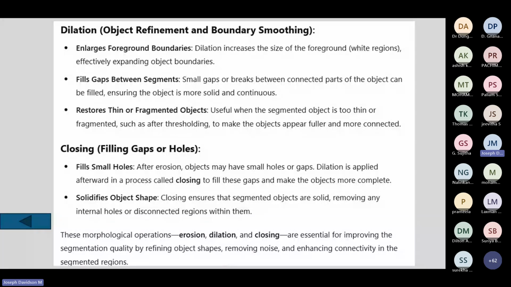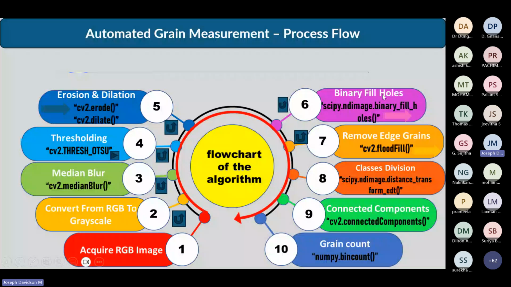It is also useful when a segmented object is too thin or fragmented. If there is a small fragment in the grain and you know that it is part of the object, but the system cannot understand that, the dilation algorithm helps make it part of your system. It takes it in. So it also restores thin or fragmented objects. You are filling the holes and enlarging the image. We call that erosion and dilation. And then you fill it.